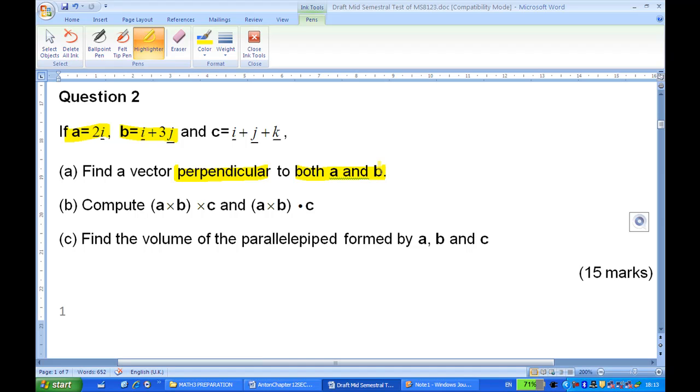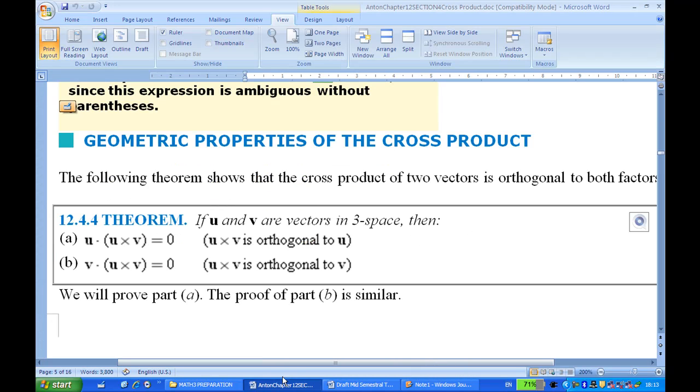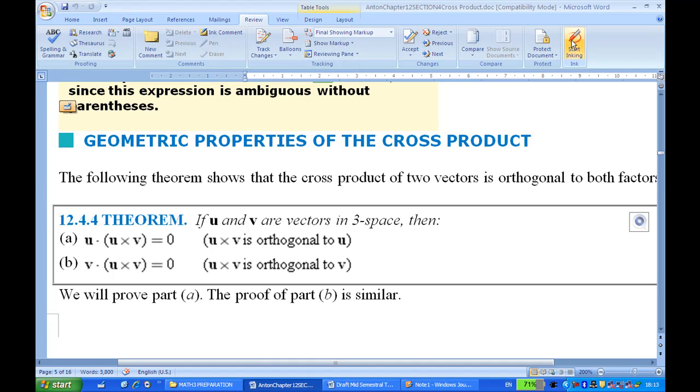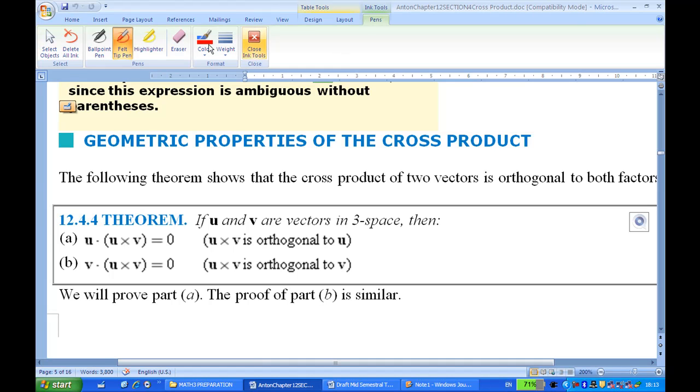Now, how do I find this? This is actually a question regarding cross product. You can refer to Howard Anton, chapter 12, section 4, which says, look at this part, the geometrical property of a cross product. It says that if you have two vectors, u and v,